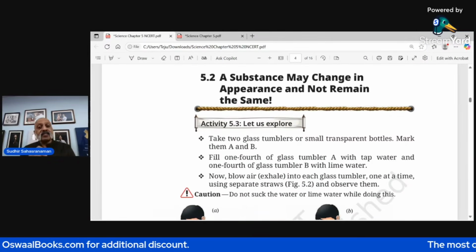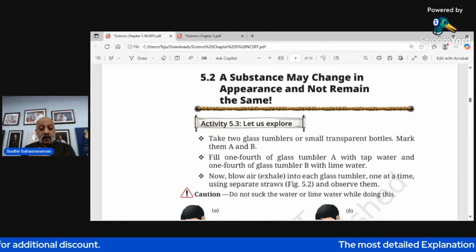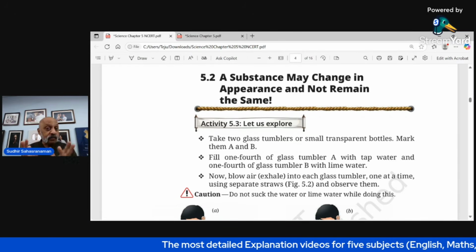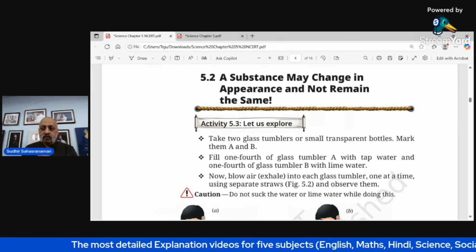Now the second one is a substance which may change in appearance and not remain the same. Now what you need to do is an activity for this. Take two glass tumblers which are,